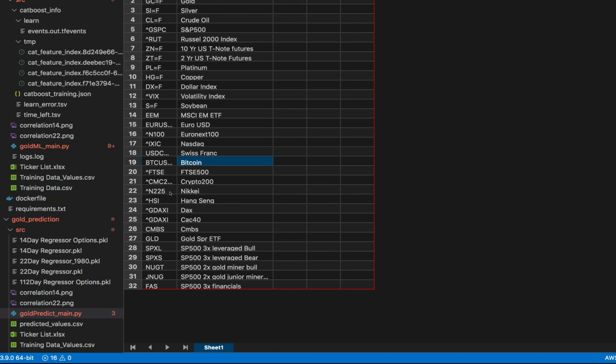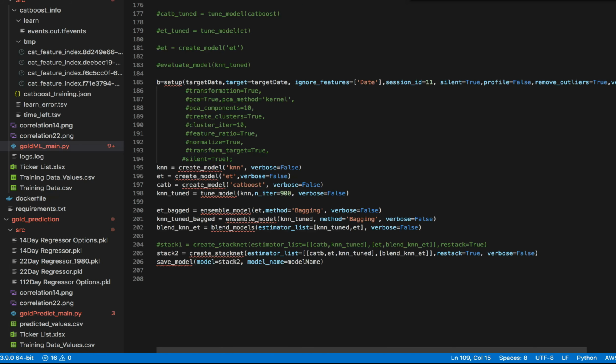two, Bitcoin and also the Crypto 200 index funds. I don't think the price of Bitcoin drives the price of gold, but I think that Bitcoin and gold have a certain sort of relationship relative to the overall market that is very similar. So what have I been looking at? Well, I try to make some models and then see if I could extract some information and if I could predict the price of gold.